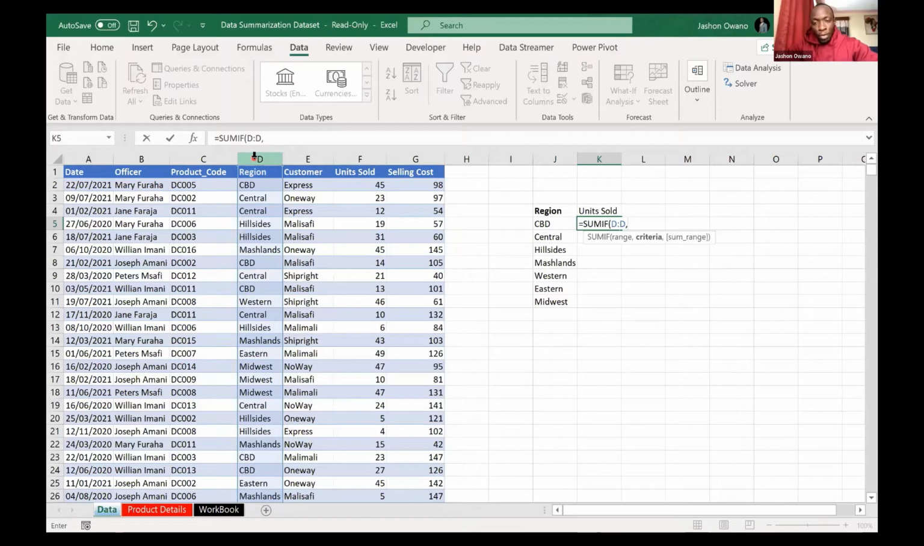I hope we are together. The criteria is now, Excel is now asking, in the column that you selected, which is region, what units do you want me to give? The units of which region specifically at this moment? Because I'm writing the formula on the right of CBD, I'm going to just click on the CBD that I can see right on my side here. So I'll click on this CBD,